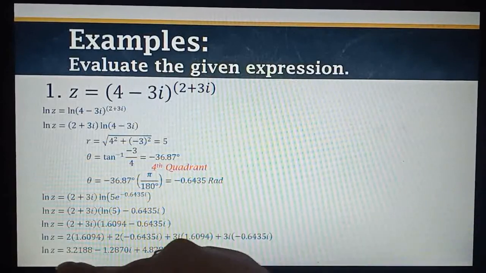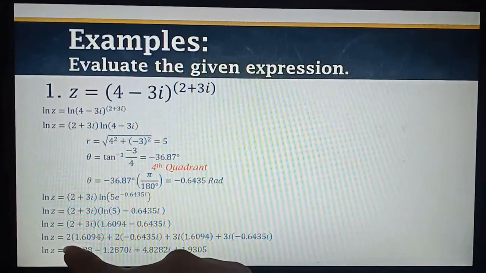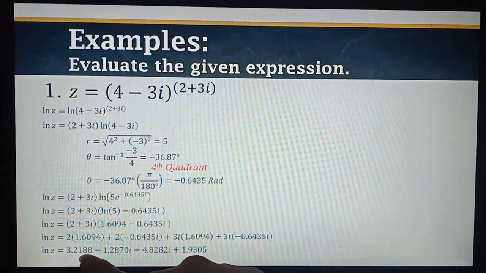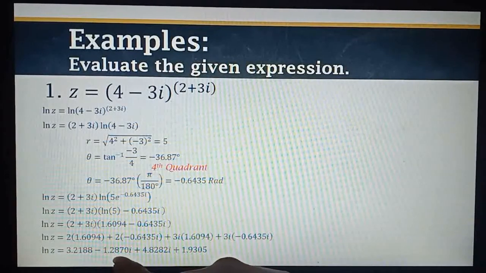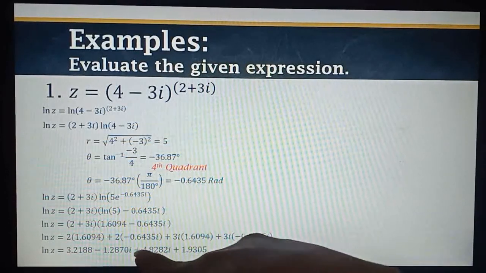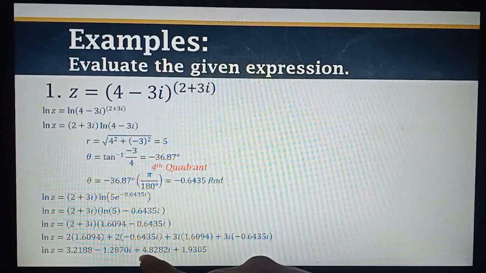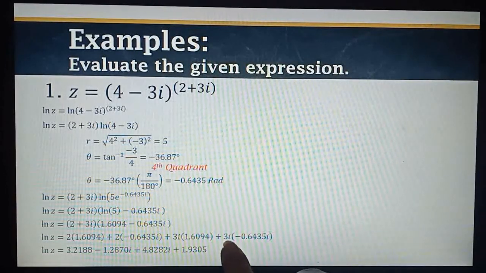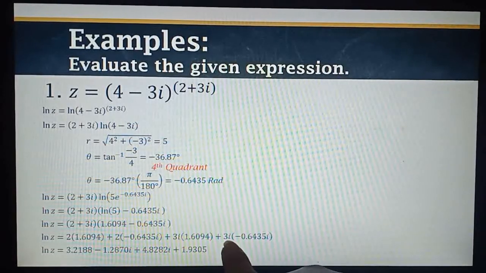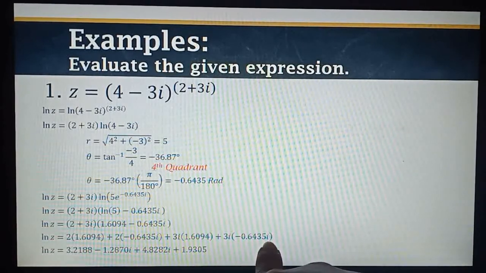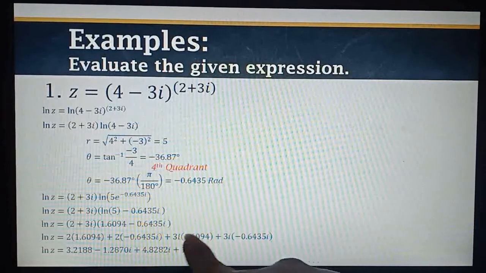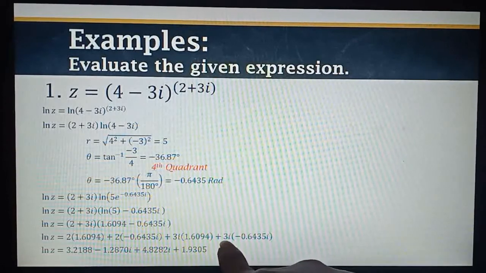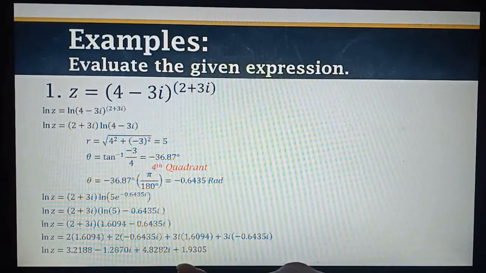And the result per term is 3.2188 minus 1.2870i plus 4.8282i. Then the last term is supposed to be negative, but i squared is negative 1, so negative 1 multiplied by negative is positive. Then when you multiply 3 by 0.6435, that is